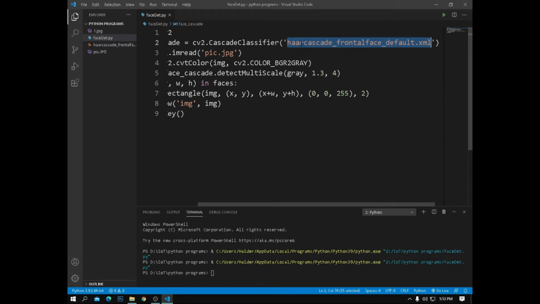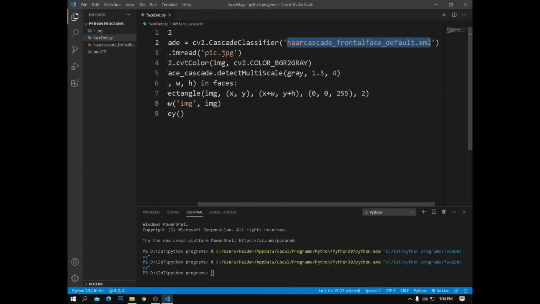As I told you, this is a machine learning based approach, where the cascade function is trained with a set of input data. OpenCV already contains many pre-trained classifiers, especially for face, eye and smile. Here I'm using only the face classifier, but you can use the others for other purposes as well.